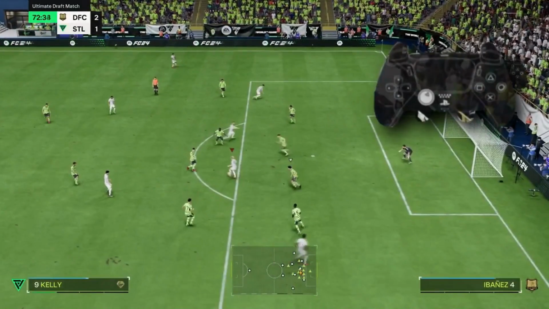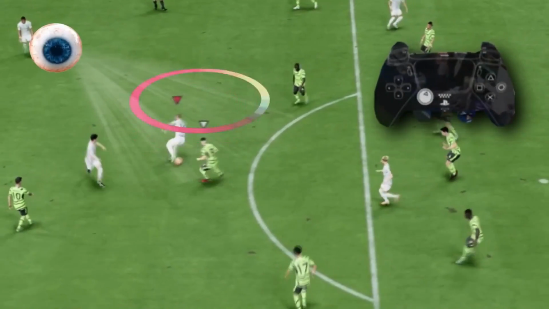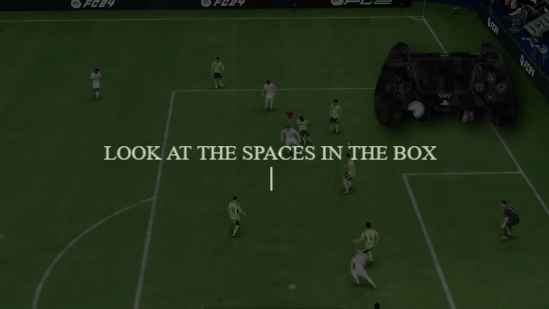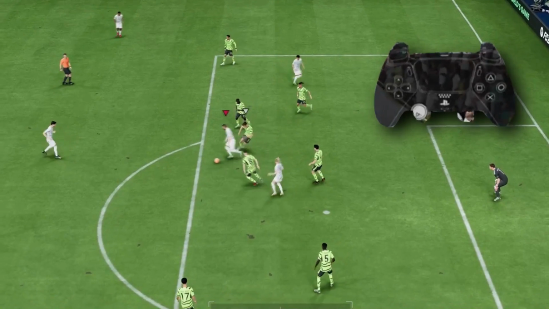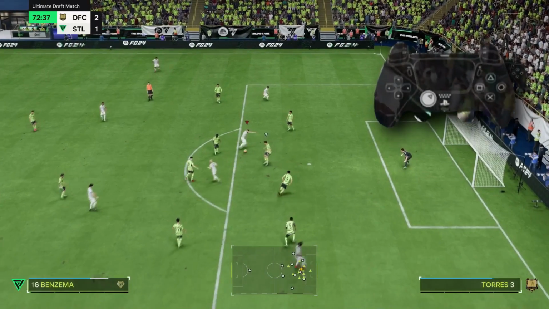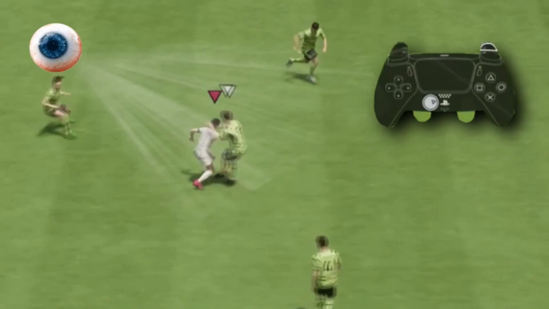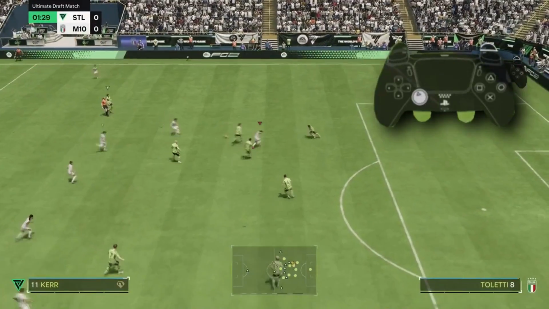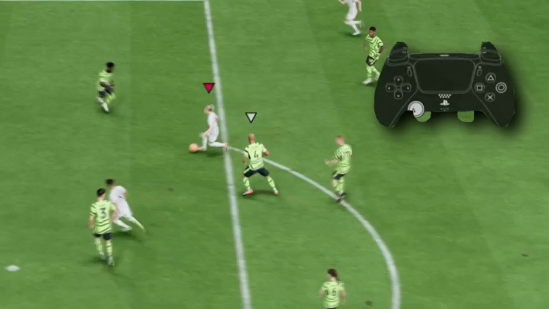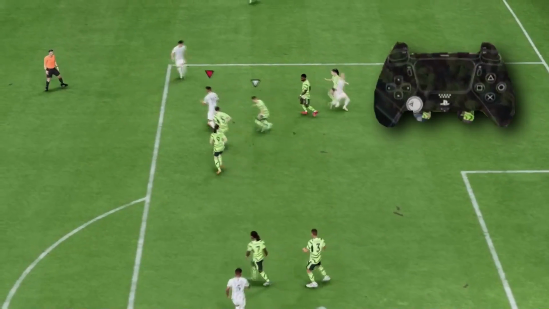feint away. Now, one important technique that I want to add, and that you need to try and implement into your dribbling game when it comes to beating defenders in the box, is looking at the spaces in the box. If you don't specifically look at the space when dribbling in EAFC, you will dribble towards a defender in the box. And why it's so important is because there are more defenders in the box than there are in the midfield. So it can be more difficult for you to dribble in tighter spaces, especially if you're not looking at the